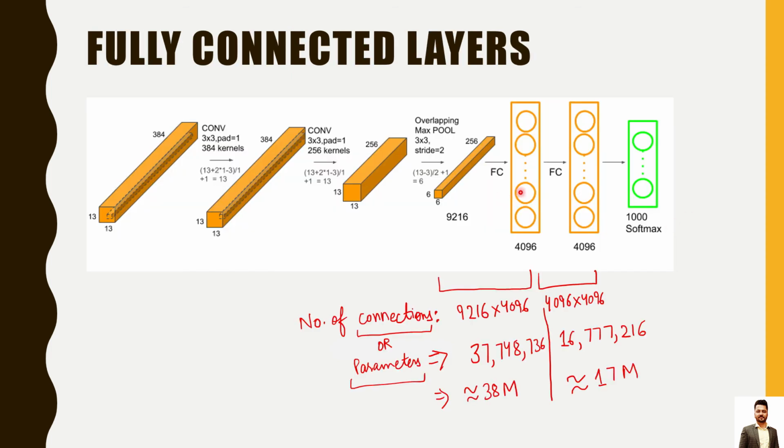Now fully connected layers, we have seen in the previous videos also. Fully connected is this layer of, let's say, maybe 4096 values. There are 4096 neurons in this layer, so you have to connect all the values. This 9216 has to be connected with all the 4096 values here, and again 4096 values have to be connected to the next location. So the number of connections will be 9216 into 4096, which is approximately 38 million, and 4096 into 4096, which is again approximately 17 million. So this 55 million is coming from only these two connections of fully connected layers.